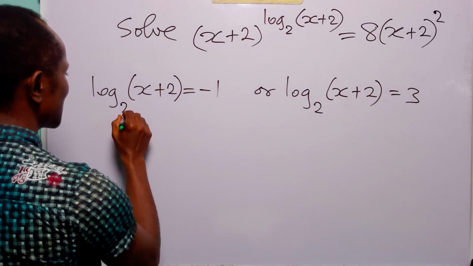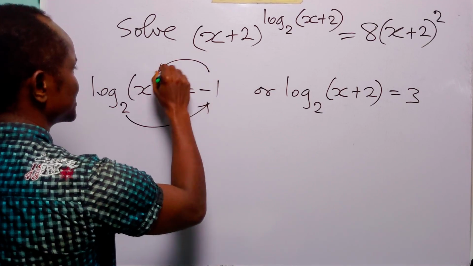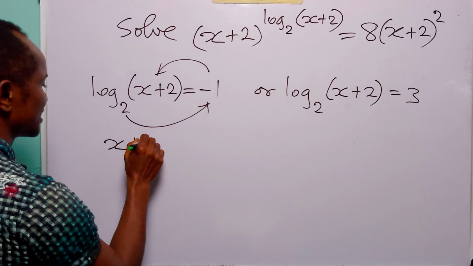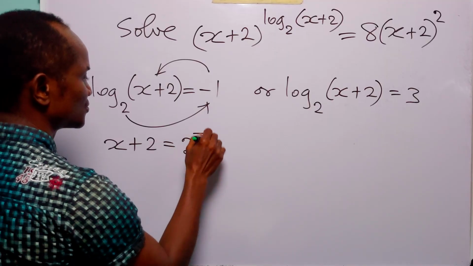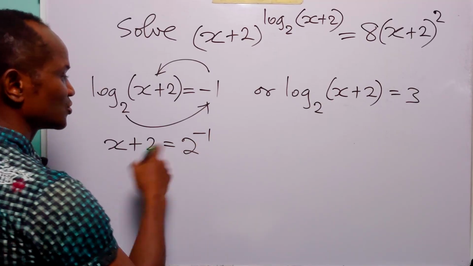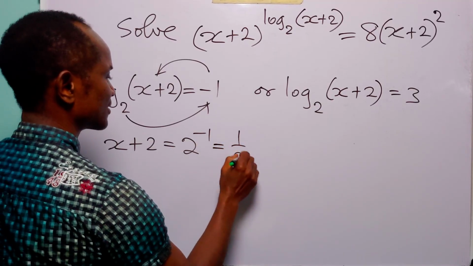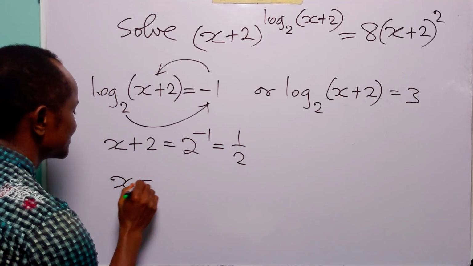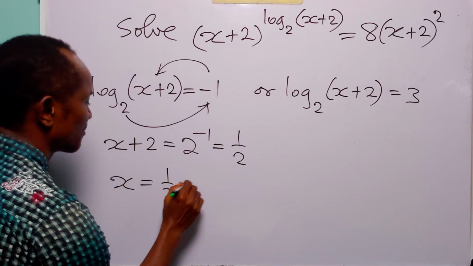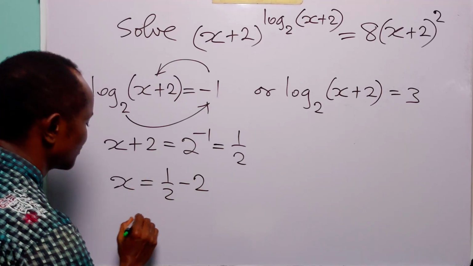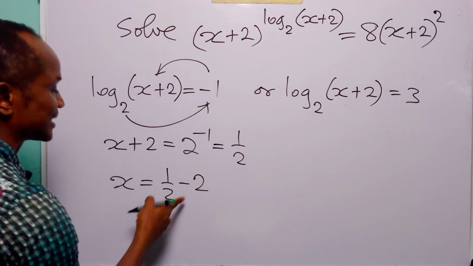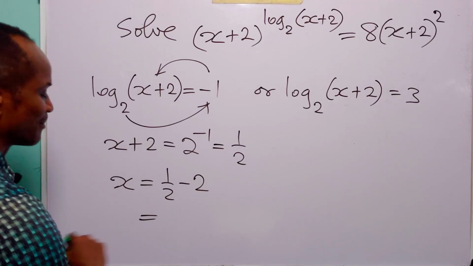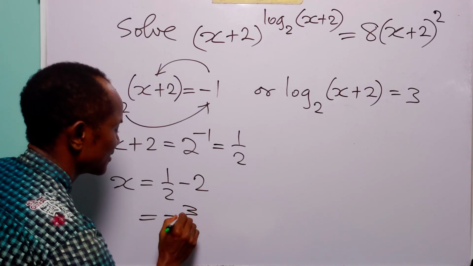From this statement, we know that 2 to the power minus 1 is equal to x plus 2. That is, x plus 2 is equal to 2 to the power minus 1. Of course, you know that 2 to the power minus 1 is equal to 1 over 2. So we have that x is equal to half minus 2. 2 times minus 2 is minus 4, plus 1 is minus 3. So this is equal to minus 3